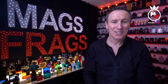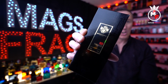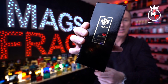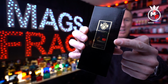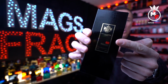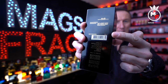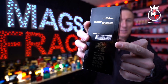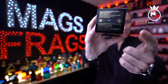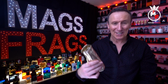So into the presentation, and this one comes in a piano black box with a glossy textured finish, and on the front is a sticker which includes the name of the fragrance and also the Mancera logo, which is printed in metallic gold and red. On the back there's another couple of stickers, which just contain some product information and your barcode, and then same again on the bottom, we've got another sticker with some more product information on. Inside the box you get the famous